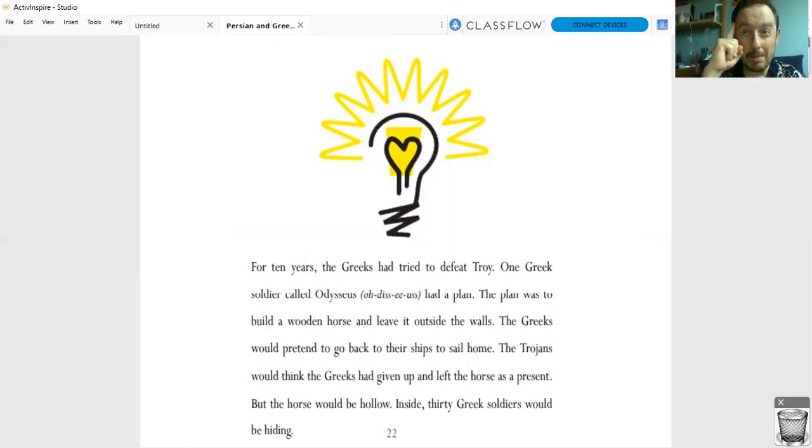had a plan, a cunning plan. The plan was to build a wooden horse and leave it outside the walls. And the Greeks would pretend to go back to their ships and sail home. The Trojans would think the Greeks had given up and left the horse, this huge wooden horse, as a kind of present, like a sorry about the wars. Here, have a horse, have a big wooden horse. But that wasn't what they were planning, because that wooden horse would be hollow, and inside 30 Greek soldiers would